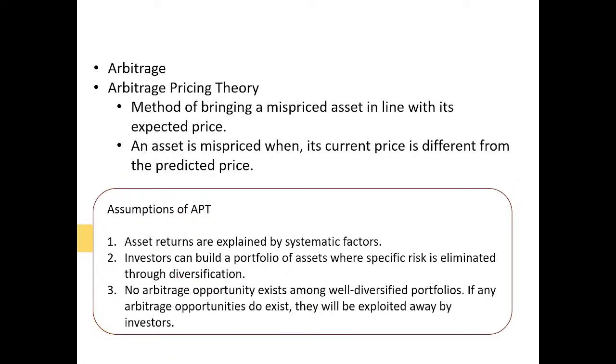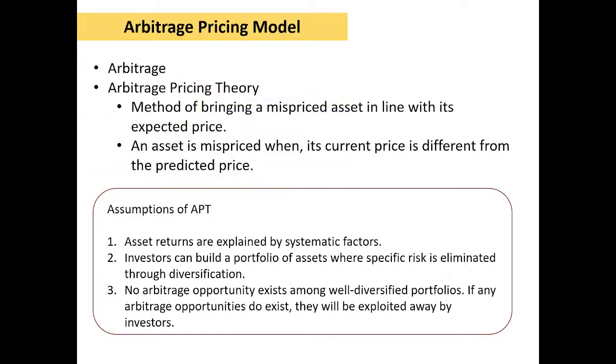Now, arbitrage pricing model. So, what is an arbitrage? It is a situation in which an individual takes advantage of differences in prices. आर्बिट्रेज प्राइसिंग थियरी क्या है? ये एक मेथड है जिसमें कि एक मिस प्राइस्ड एसेट को उसकी एक्सपेक्टेड प्राइस पे लाया जाता है। और मिस प्राइस मतलब जब उसकी करंट प्राइस अलग होती है उसके प्रिडिक्टेड प्राइस से। There are various assumptions to an arbitrage